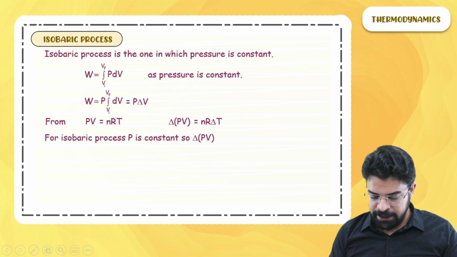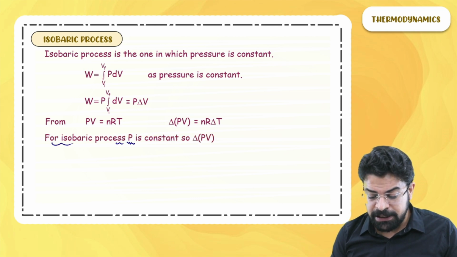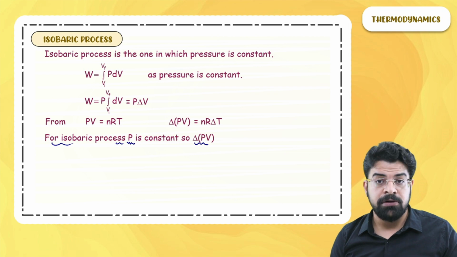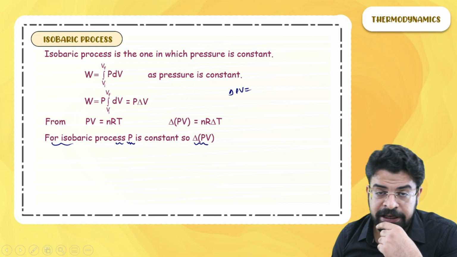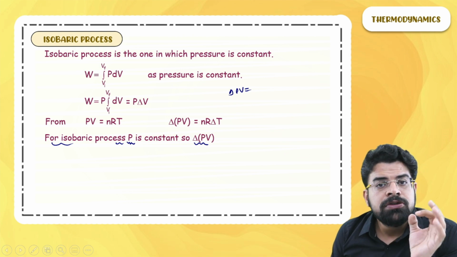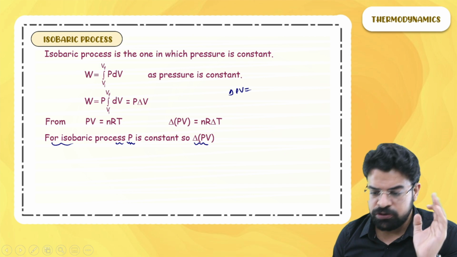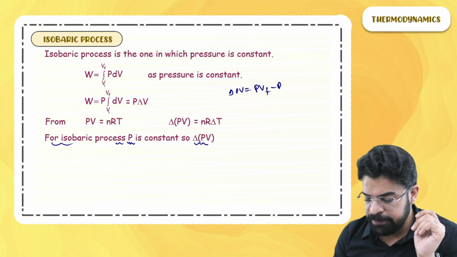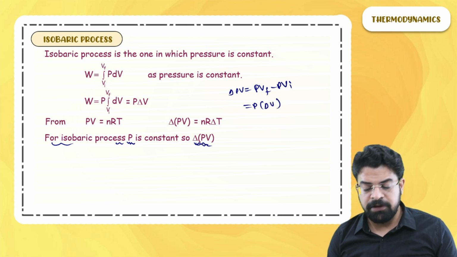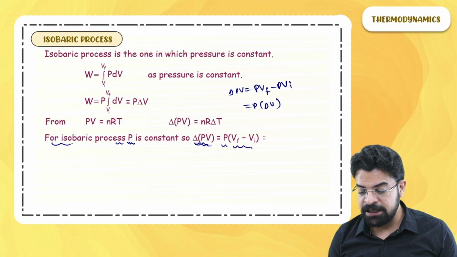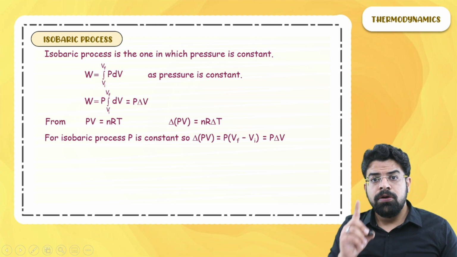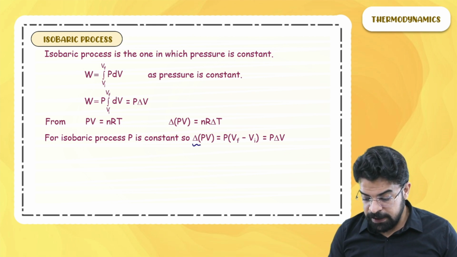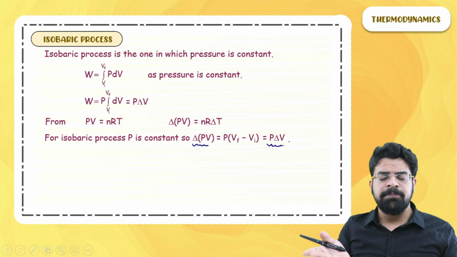So we get, for an isobaric process, as P is constant, we can write delta PV as P final V final minus P initial V initial, and pressure is constant. So take the final pressure equal to the initial pressure equal to P. You will get PV final minus PV initial, that is P times delta V. So delta PV comes out to be P times V final minus V initial, which is P delta V. So remember, for an isobaric process, delta PV equals P delta V as the pressure is constant,